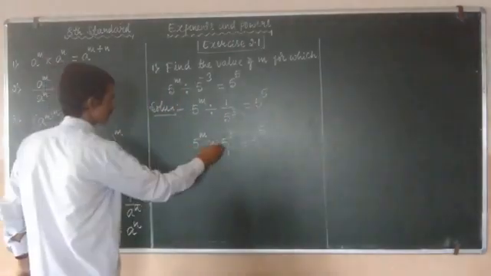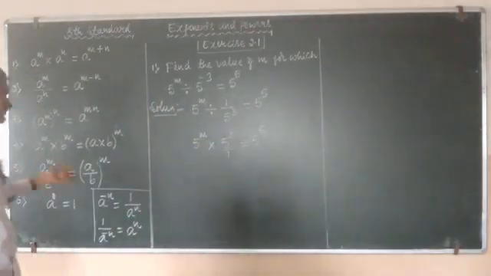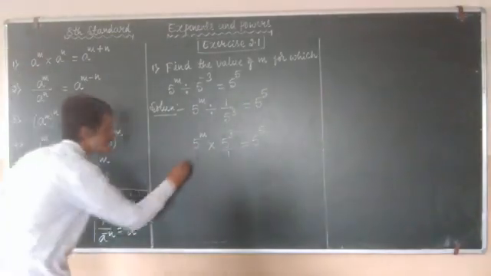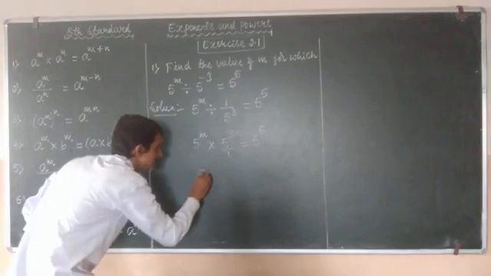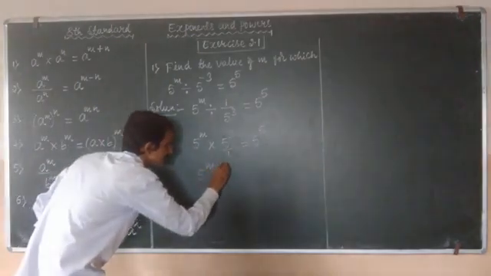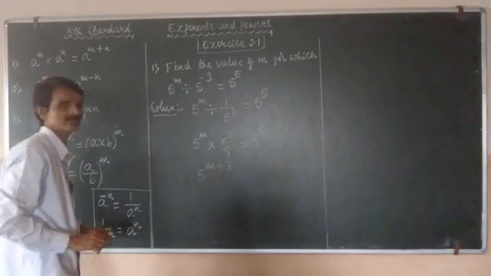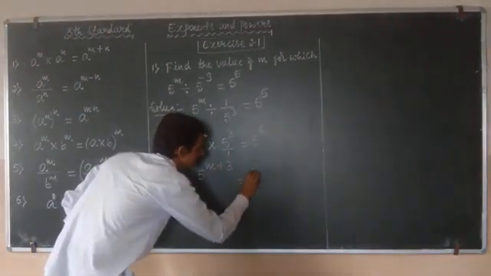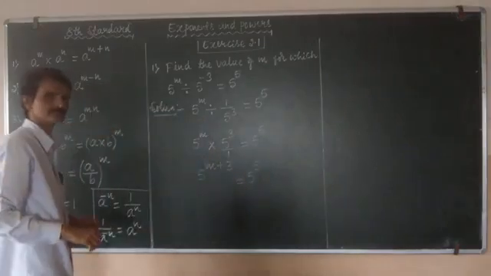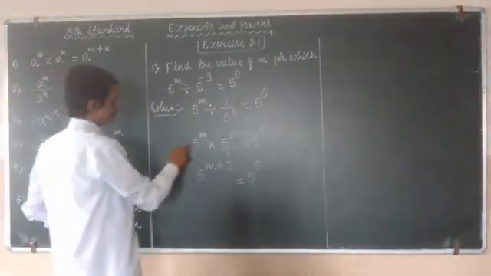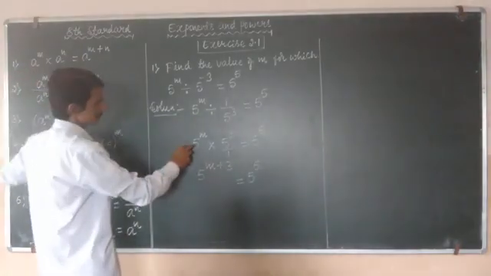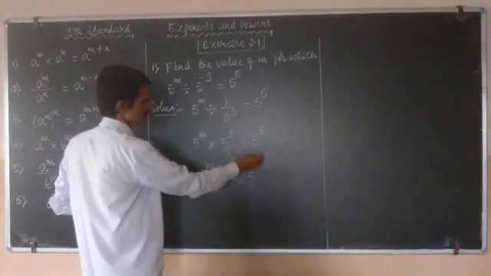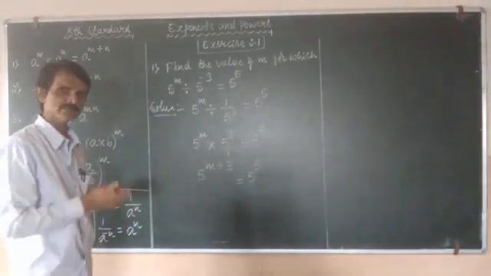So now observe. By using this first law, this can be written as 5 to the power of m plus 3. 5 to the power of m plus 3 is equal to 5 to the power of 5, by using the first law. So this can be written as 5 to the power of m plus 3 is equal to 5 to the power of 1. So if you observe